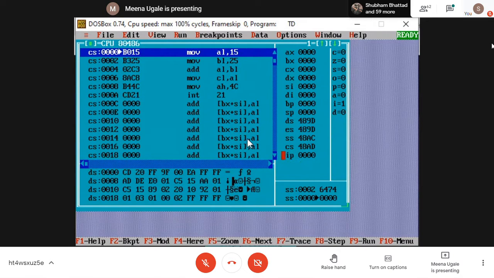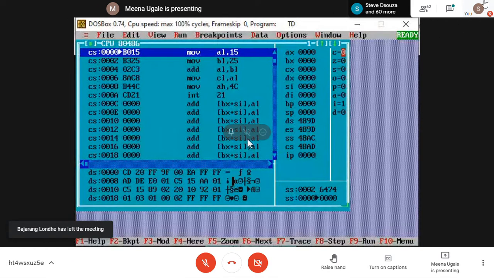And the last one you have is IP. IP is the instruction pointer. The job of the instruction pointer is to point to the first instruction of the program when your program is initially loaded for the first time. And as you run line by line, it will go on showing your next sequential instructions in the program. We will see the content of all these registers as we run this program.